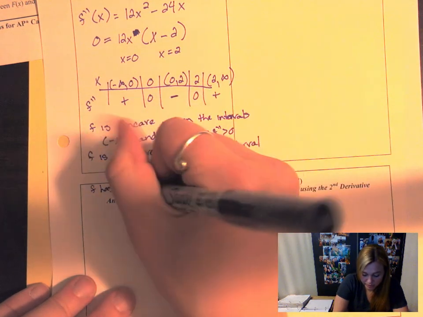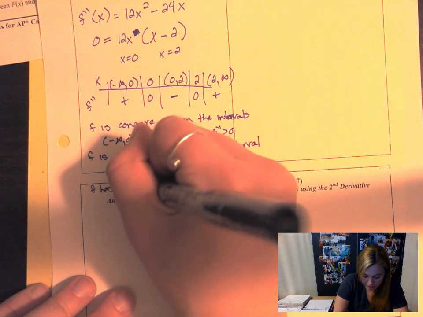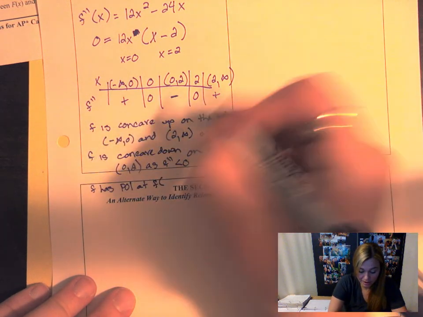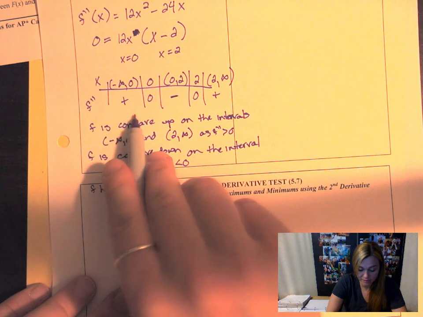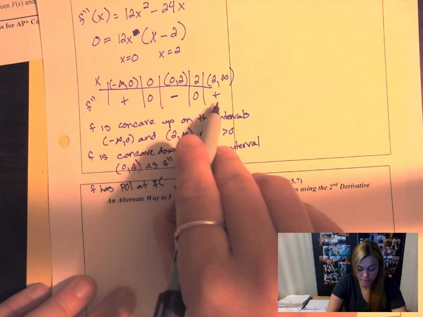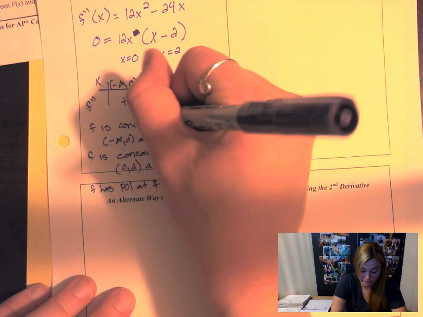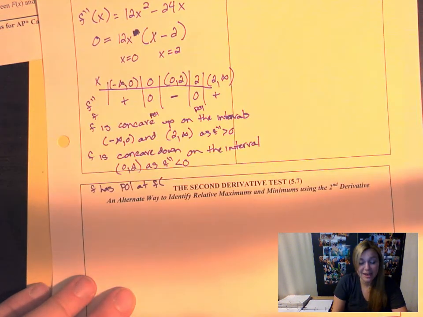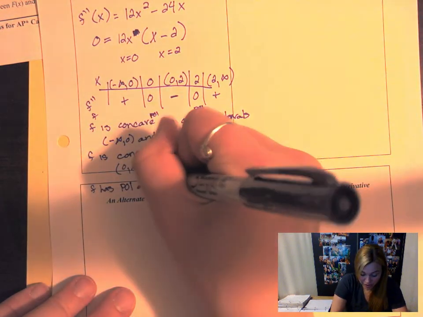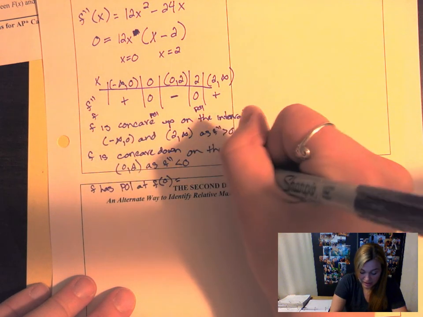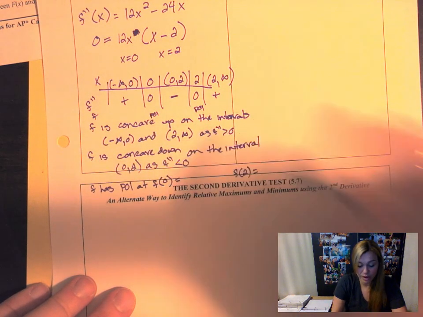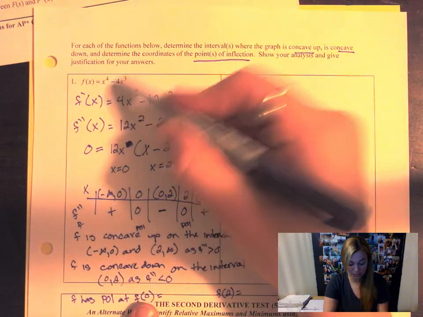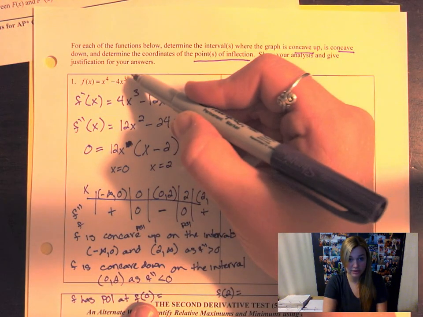F has a point of inflection at, and this actually says an actual point. So you need to go in, and because I can see changing from concave up to concave down right here, concave down to concave up, there's going to be a point of inflection here and here. If it asks for a point, we need to find out what f of 0 is and f of 2. And the way we do that is go up to the original function. So f of 0, x to the 4th, so 0 to the 4th minus 4 times 0 to the 3rd